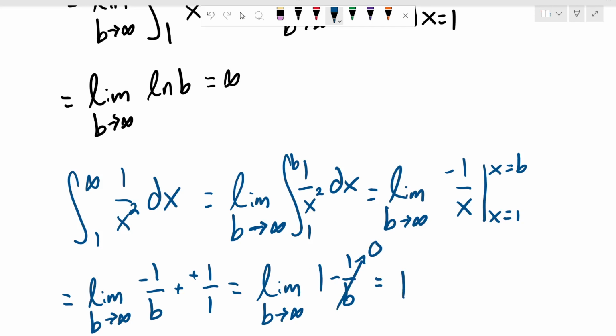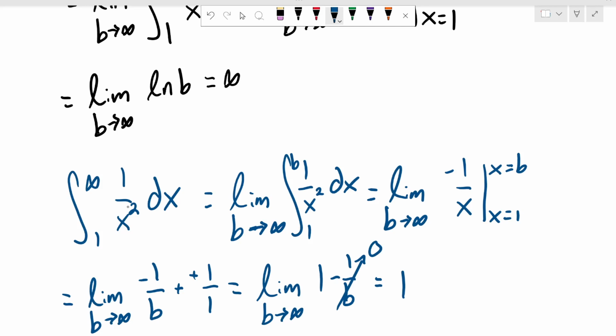Okay, so in this case we do get a finite answer. So you might start to think about why, right? Why do we get a finite answer in the 1 over x squared case versus the 1 over x case where we don't? Okay, because they're really not that different. And we're going to see this come up again in the infinite series when we look at the series of 1 over x versus 1 over x squared, and we're going to see the same result. And the reason is basically